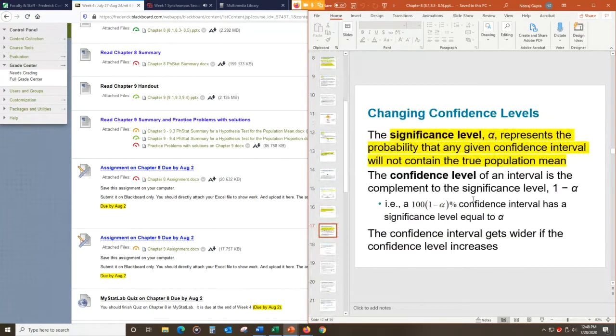Okay, so this is the significance level which I mentioned earlier, alpha. So if 90% is the confidence level, alpha will be 10%, which is the complement of the confidence level. So it will be 0.1. So the confidence interval gets wider if the confidence level increases